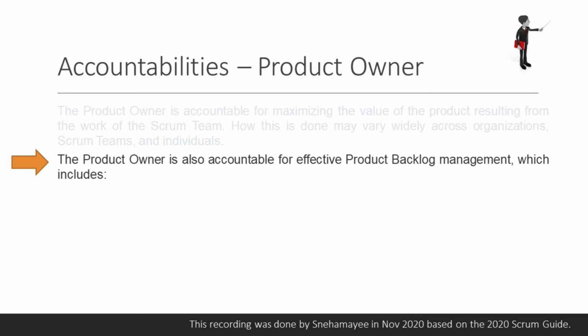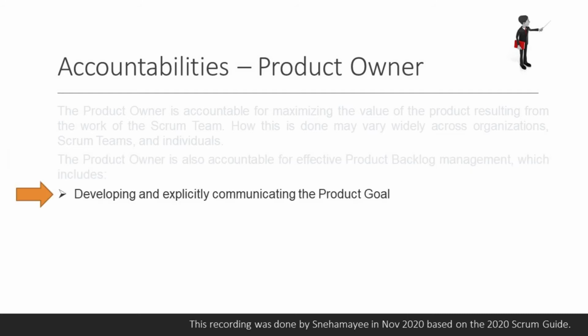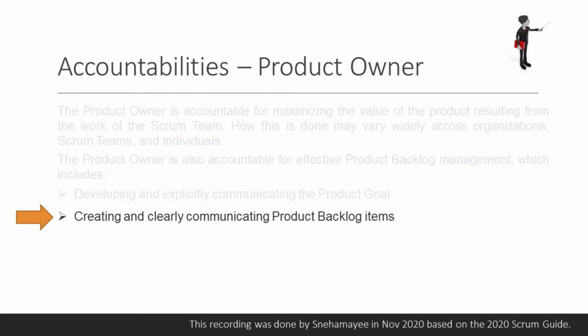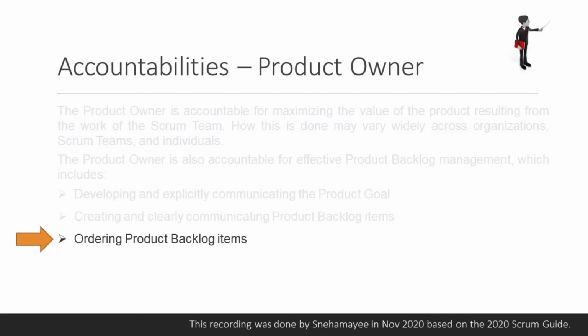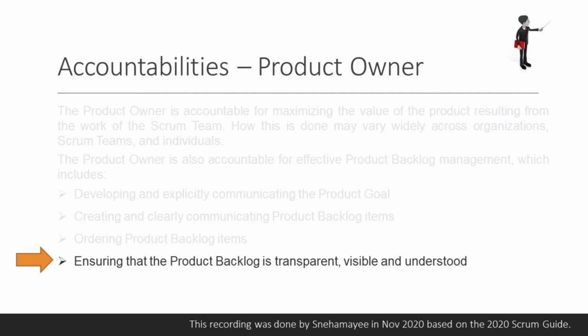The product owner is also accountable for effective product backlog management, which includes developing and explicitly communicating the product goal, creating and clearly communicating product backlog items, ordering product backlog items, ensuring that the product backlog is transparent, visible, and